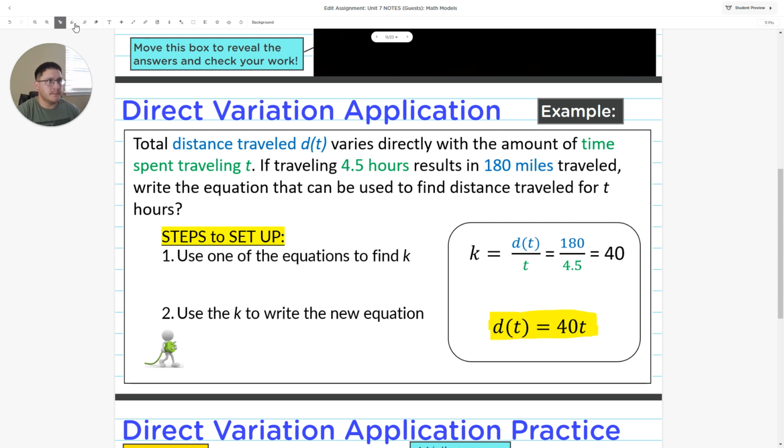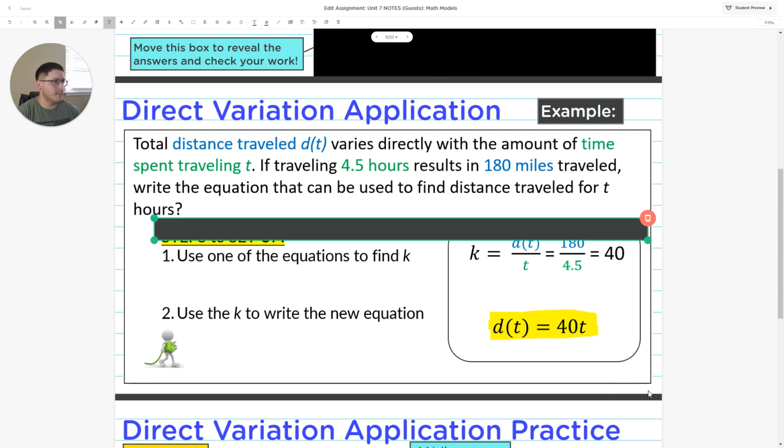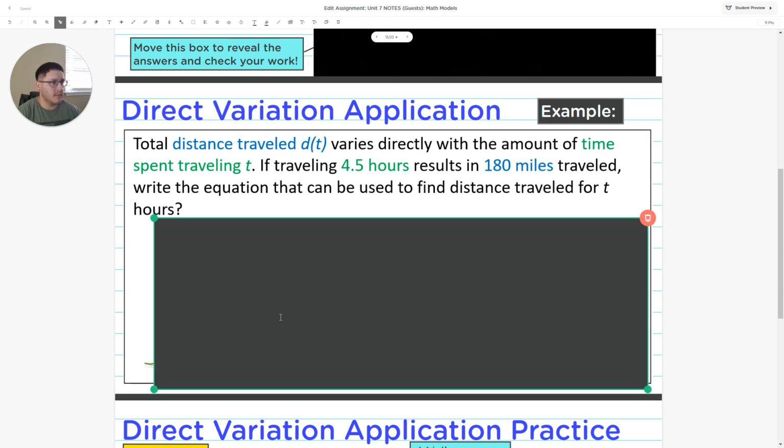Okay, another example. Total distance traveled, d of t, which again is just another way of saying y, varies directly with the amount of time spent traveling t. So we got two variables here, d of t and t, which again, d of t is the same as saying y, and then t is acting as our x value in this case. Doesn't matter whether you use y, x, d of t, t, but just so you know which one's which, there's that. If traveling for